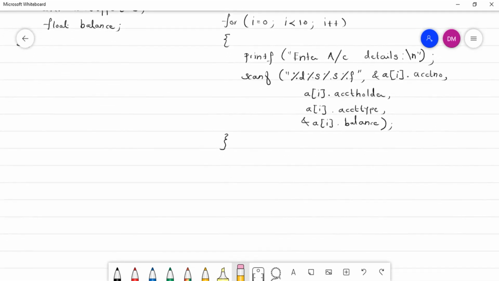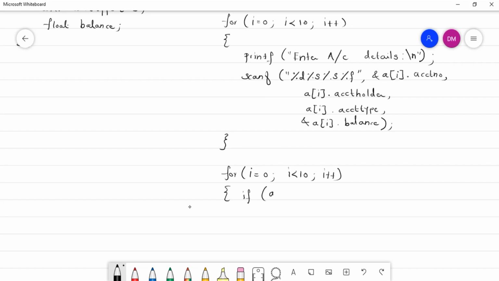We have already scanned the data. So for I is equal to 0, I less than 10, I plus plus. Okay, as I said, first of all we will check the account type of array element.